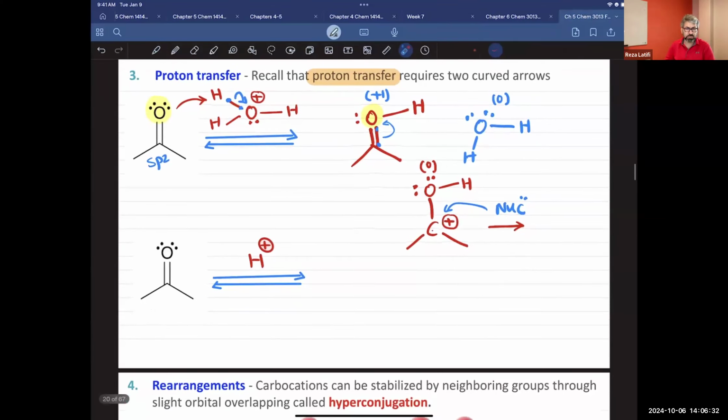Most of the time, if you're talking about chemists, they want to avoid writing the big hydronium molecule. They just simply write H plus, and that means H has an empty orbital. It can take in a lone pair from oxygen, and instead of hydronium, they write it as H plus, and the story will be exactly the same. You will get